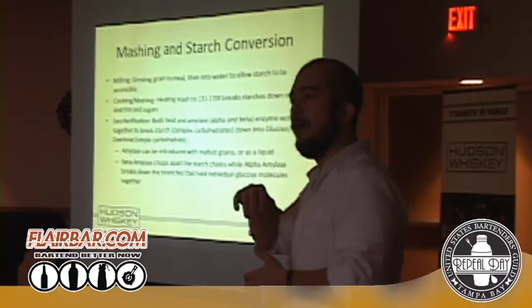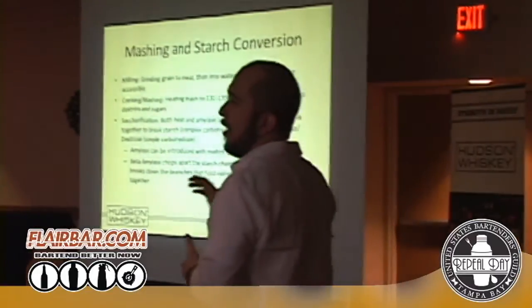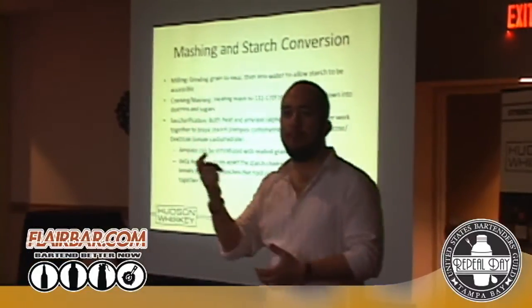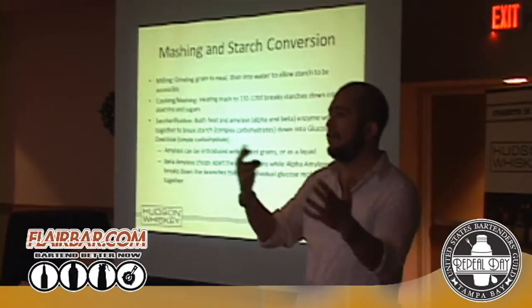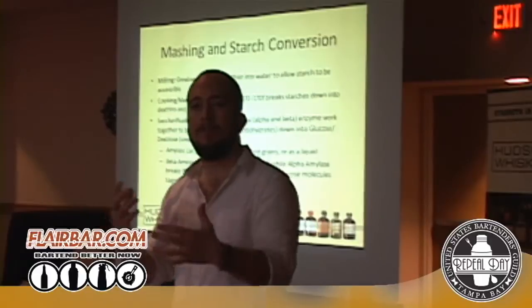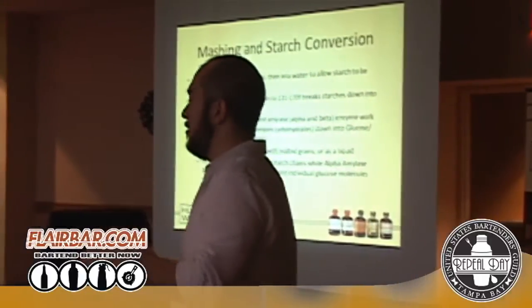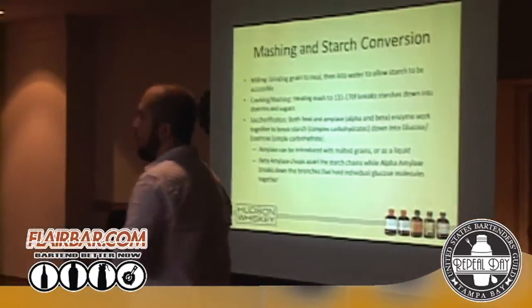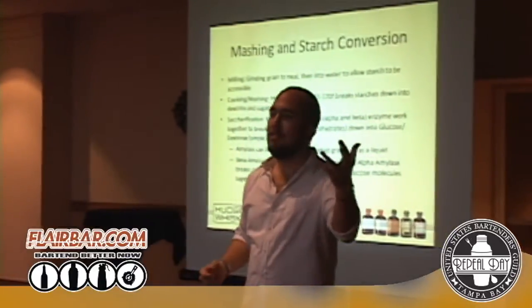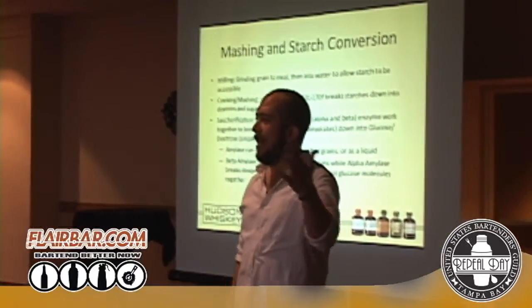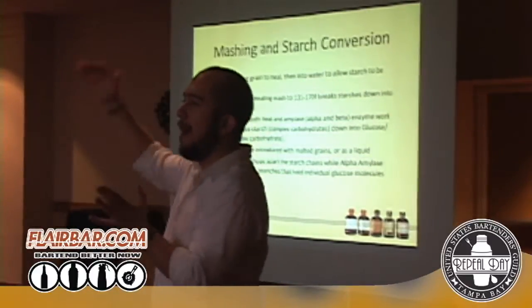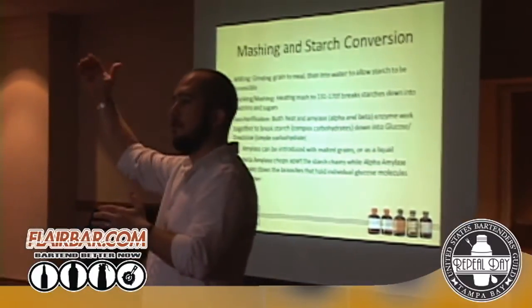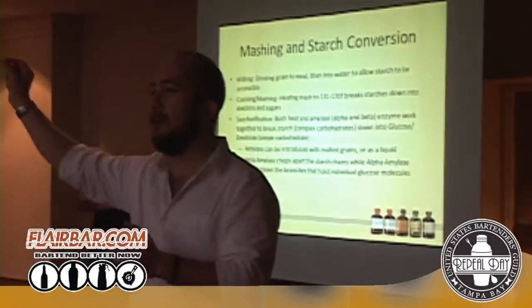As it's cooling, we'll add that malted barley, and we're going to check the Brix level. Brix is basically sugar content, or suspended solids in solution, which gives you the percentage of sugar content. There's a more complicated equation for it, but for ease of this discussion, say 18 Brix would be about 18% sugar content. So our goal is to get as high a Brix as possible, because the more of that starch we can convert into sugar, the better.